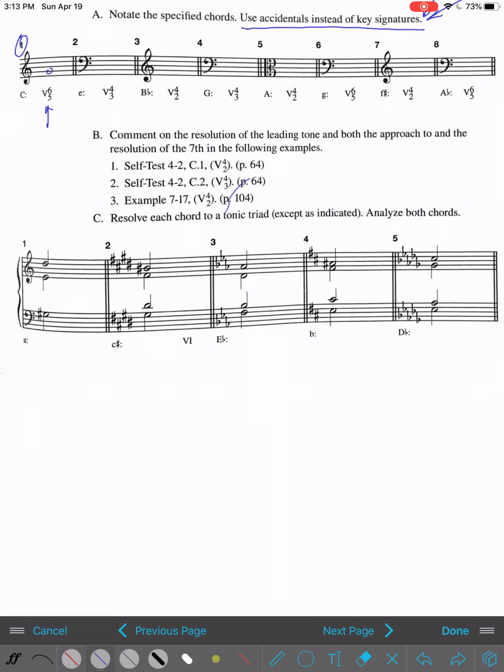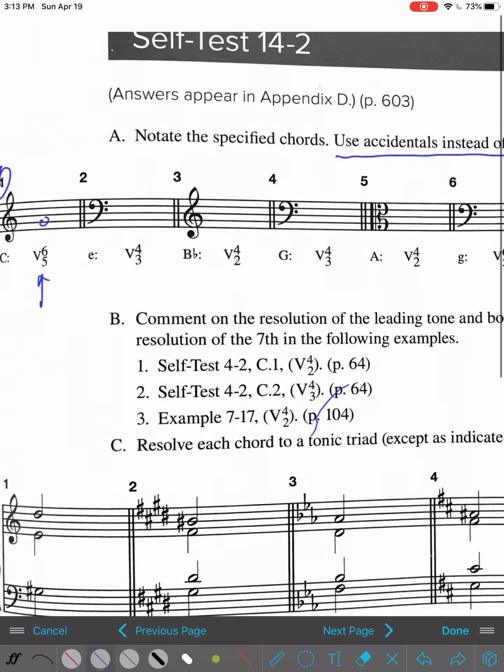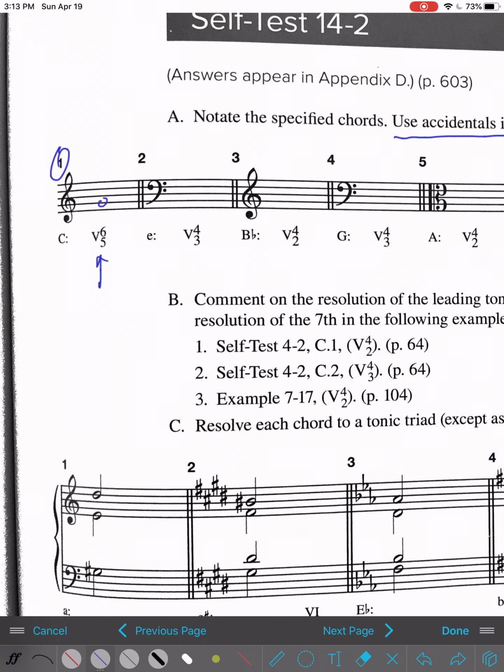And actually, let me do a little zooming in here. Let me erase that, write a little bit better. So if we go up to a G, that's going to be the root of the chord right there. And we just stay within the key, right? And we know that this would be our 5, 7 chord. So this is 5, 7, right? And what we want to do is make it this